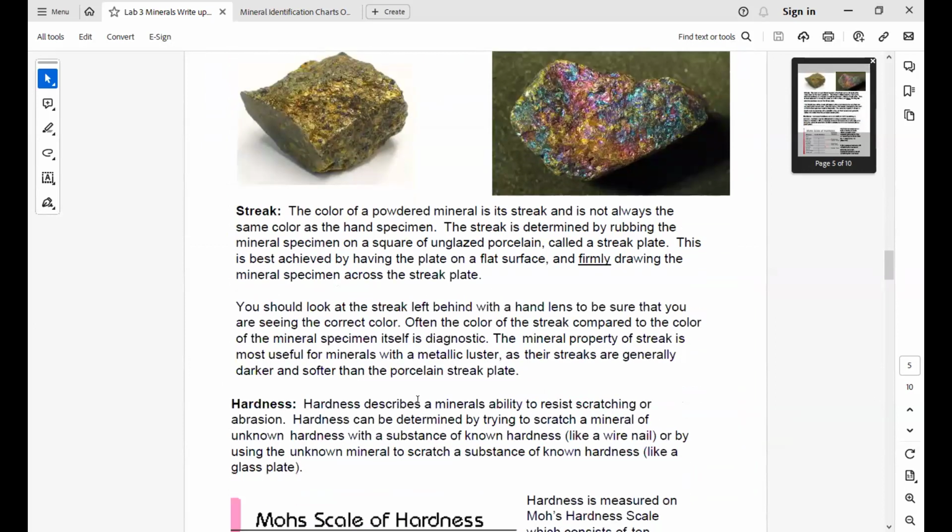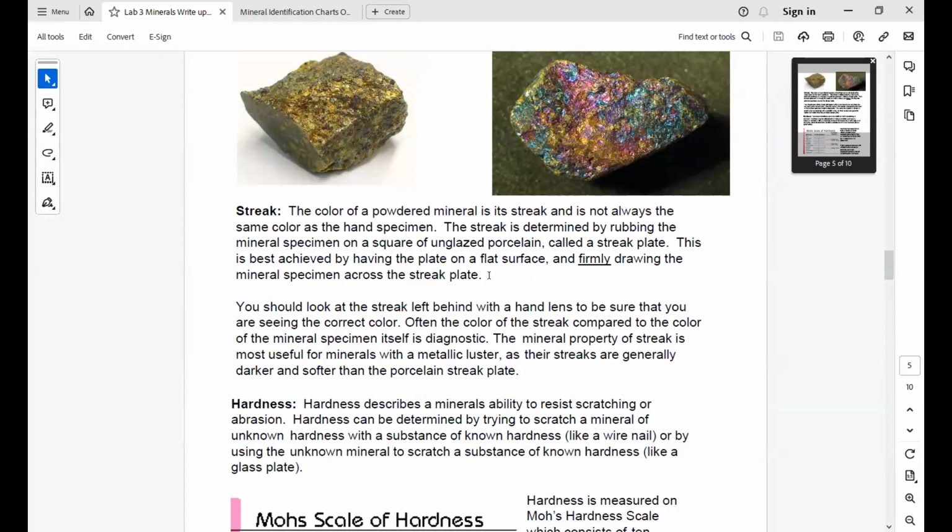Now, streak is the color of the powdered mineral, and it's not always the same color as a hand specimen. Because of the fact that it's not always the same color, it can be diagnostic for certain kinds of minerals. I'm going to show you the little toolkit that you're going to have in the mineral rock kit. There's a streak plate in there, which is a kind of rough porcelain